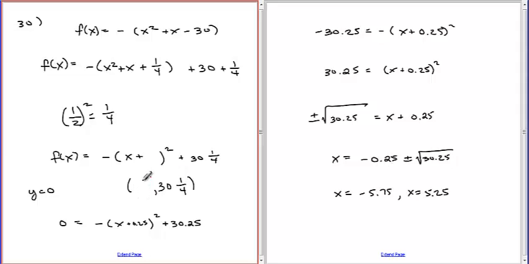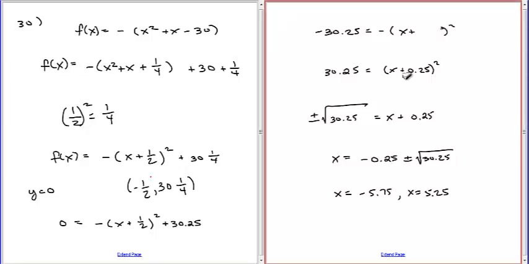So this should be plus 1/2. So this will be negative 1/2, and that should be a half. And that becomes a half. That becomes a half. That becomes a half. And these will be something else. So here we get